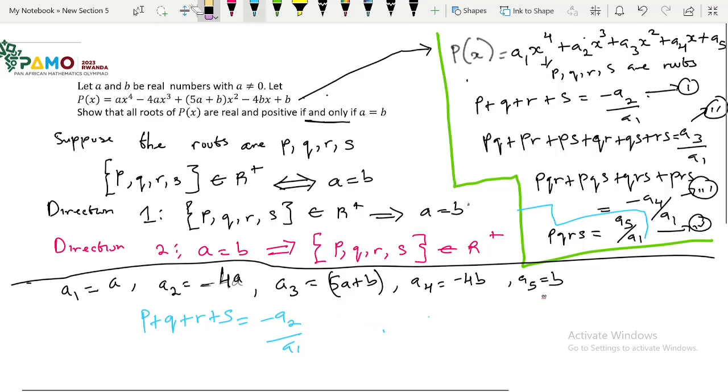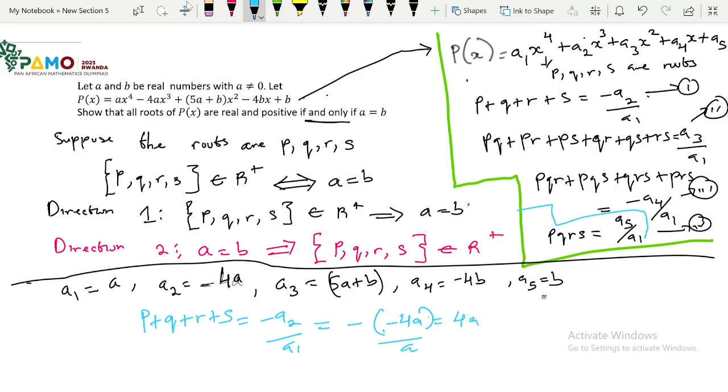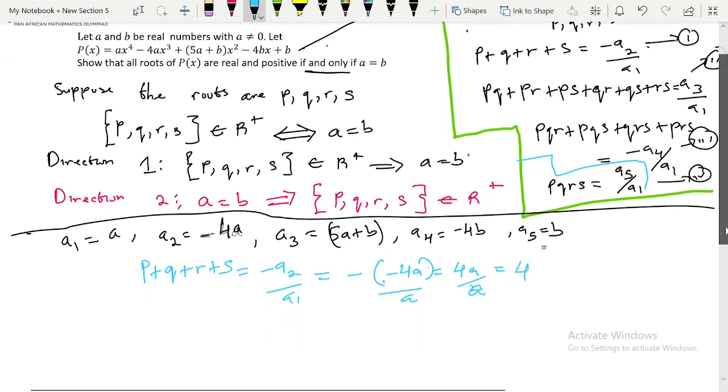So this is equal to minus, then A2 was minus 4A over A, which is 4A over A, minus minus becomes plus 4A over A, which is 4. Then you have that